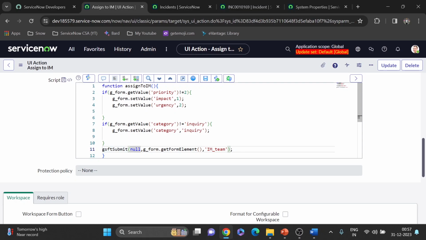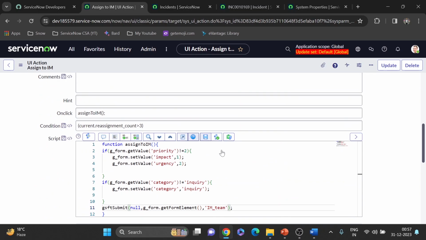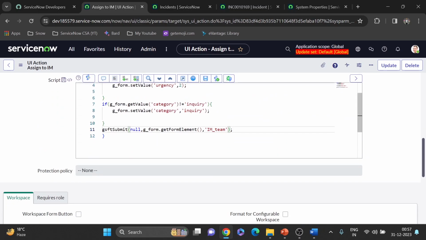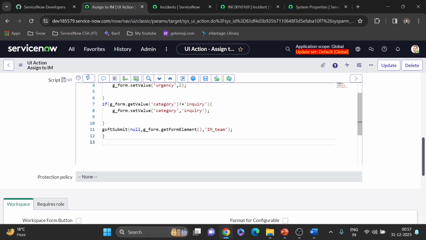So I'm putting the first parameter as null. Second, I'm calling this server side code in the same UI action page, where I'm implementing it, and then calling the server side function, IM team. This is the format that you need to follow. Now I will come out from the client function, and here I need to